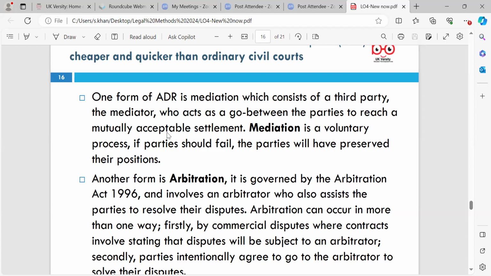The reasoning behind this is that people can mediate before they go to court and settle a dispute before it's gone to court, because disputes can be settled and it would be less costly rather than paying so much to go to court. So the first one we've looked at is mediation, which consists of a third party, the mediator, who acts as a go-between